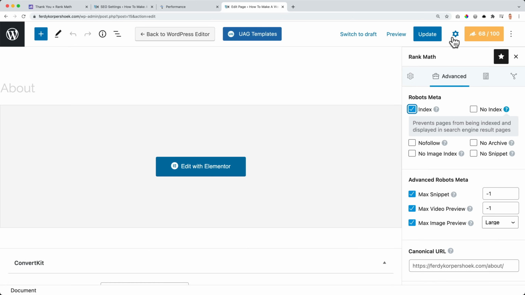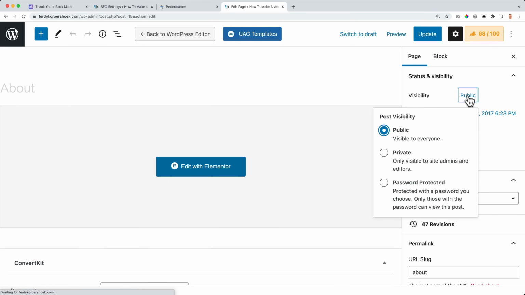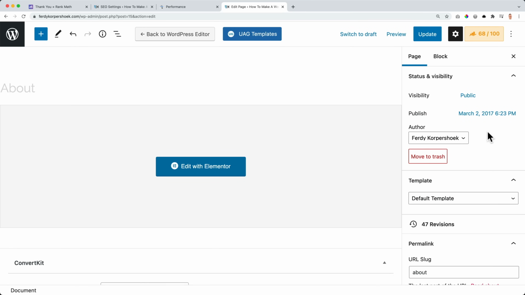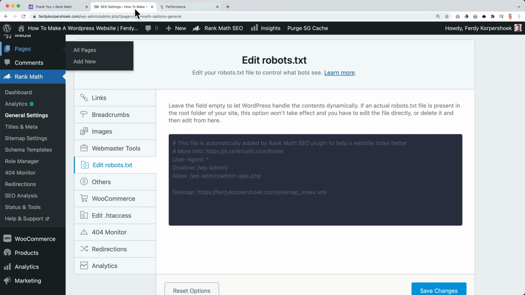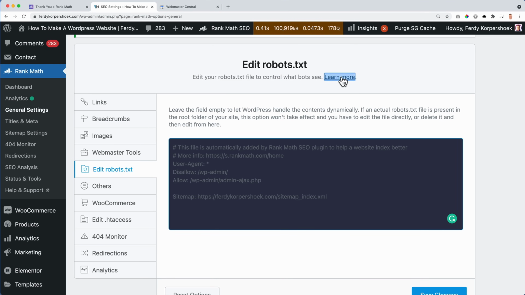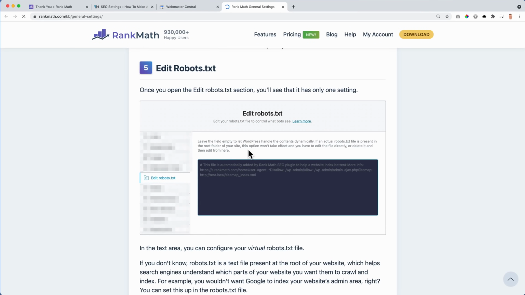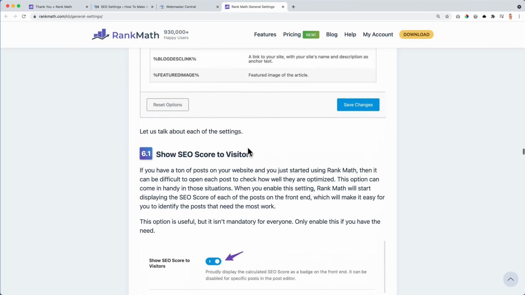What you also can do, click over here, make it a password protected page, and then use a secure password. And then also Google cannot show the content of this page on your website. Well, if you want to know more about this, you can click over here and it will be explained over here. I normally leave this empty.